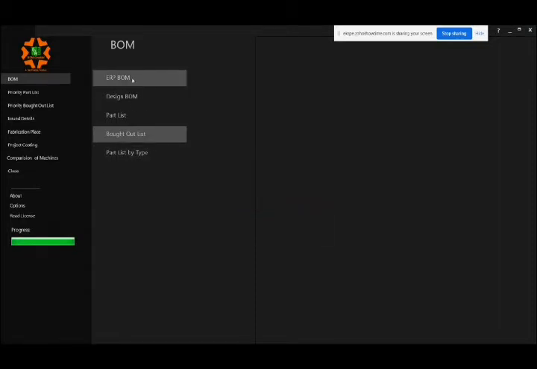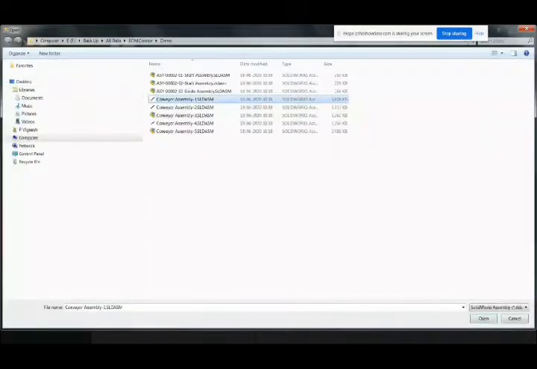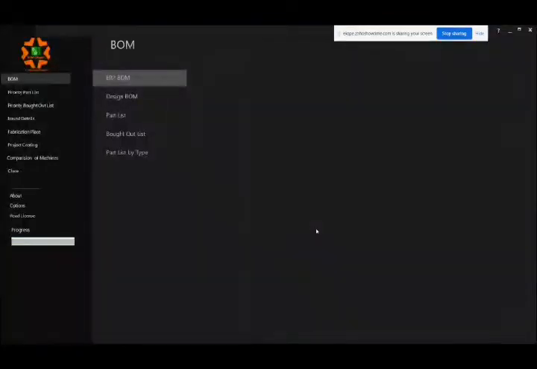Okay, so let's first create a BOM. The best part of working on this BOM creator is that you always work with the main assembly of your file. You can click on the main assembly, and it can just start creating reports. Once your complete 3D model is ready, you can just click and start creating the reports.